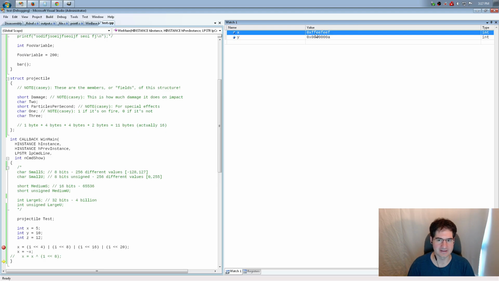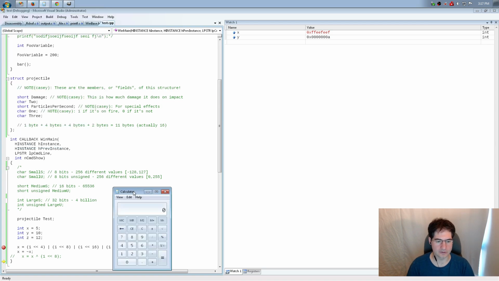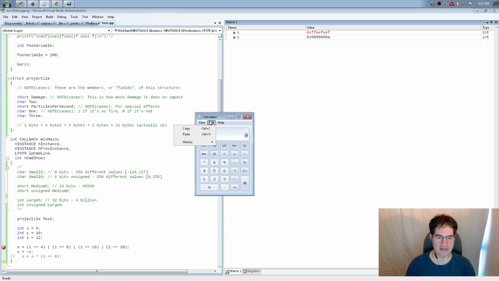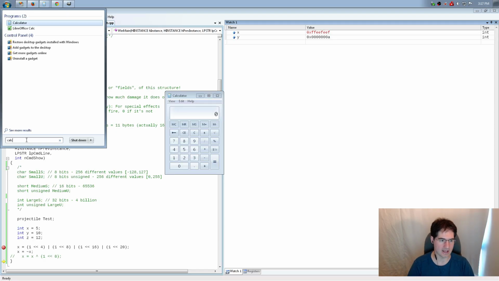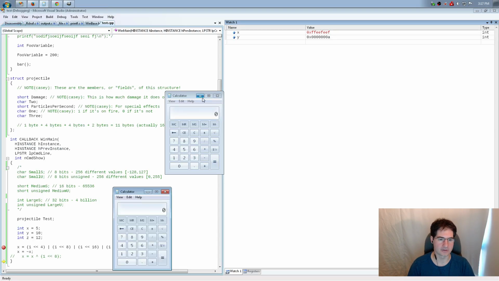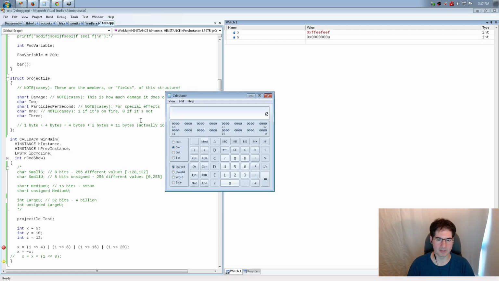Everything that was set is now not set. Everything that isn't is. And now someone brought this up in the chat. It's a good thing to remember too if you're struggling with these a little bit. It is true that if you load calc, so if you go in here and you just type calc, you'll get this calculator thing that's built into Windows. Inside there's a view that can turn to programmer mode.